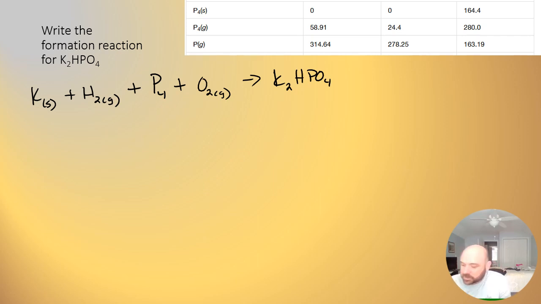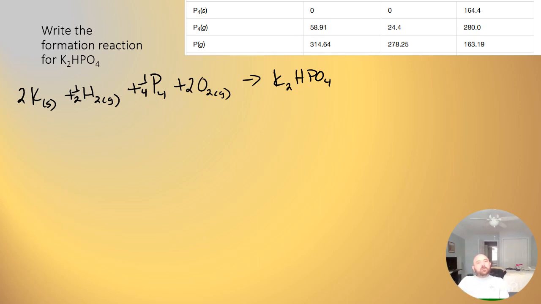So in front of the K, we'll need a 2. In front of the H2, we'll actually need a 1/2, because that will give us 1 H on the other side. In front of the P4, we'll actually need a quarter because that will give us 1 P on the other side. A fourth of P4 is just 1 P. And then for O2, we actually need 4 oxygens on the other side, so I'll have to put a 2